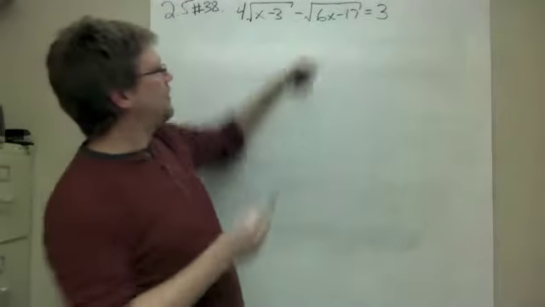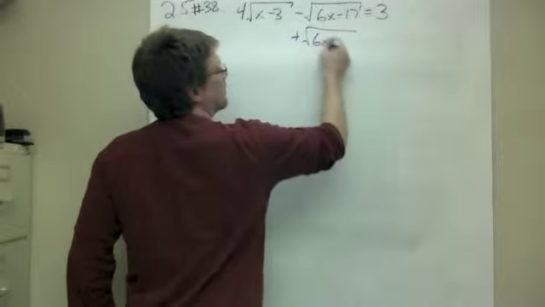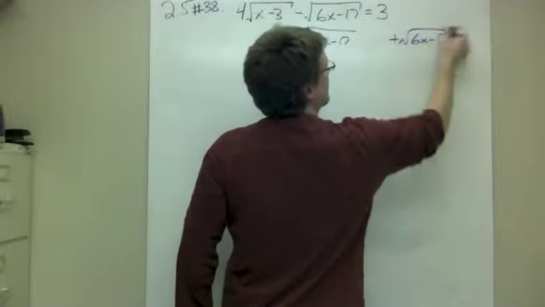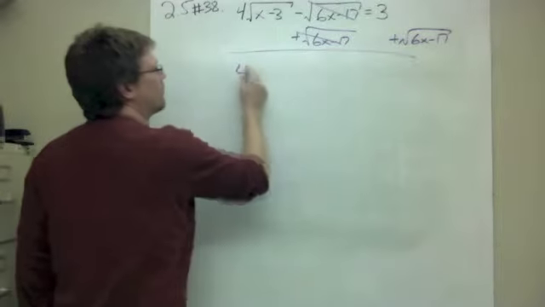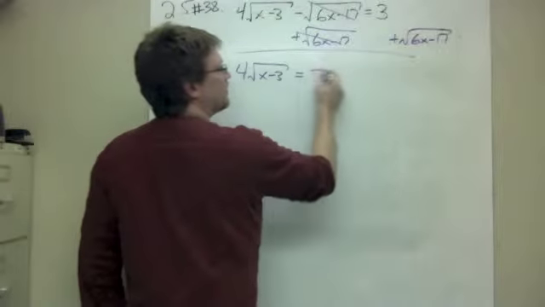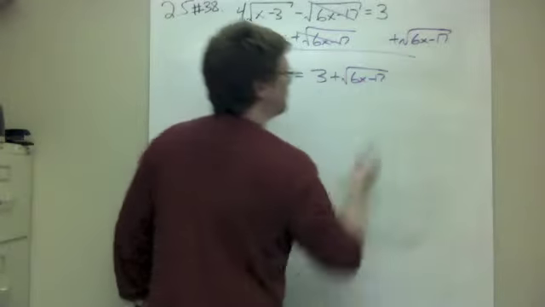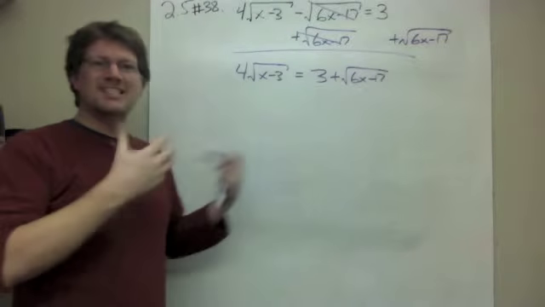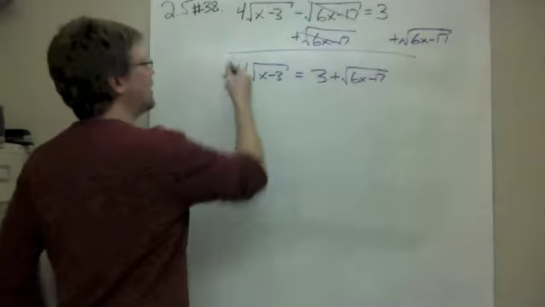I'm going to add the 6x minus 17 to each side. Okay. It's going to cancel out over here. And I'm going to get 4 times the square root of x minus 3 here equals 3 plus the square root of 6x minus 17 over here. Okay? All right, so this is equality, which means that if I square both sides, I will still get equality. Okay? So if I square both sides,